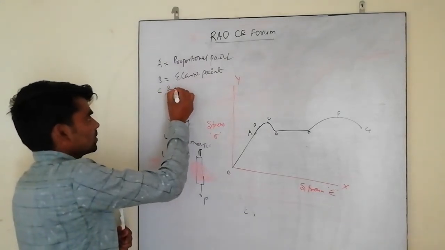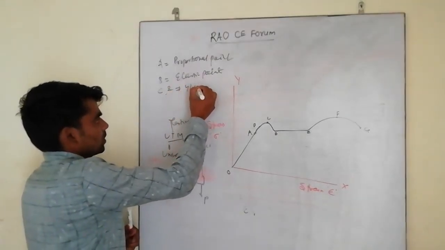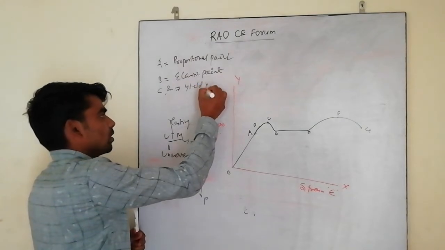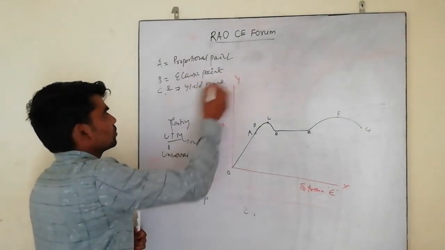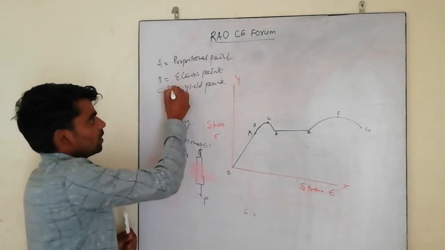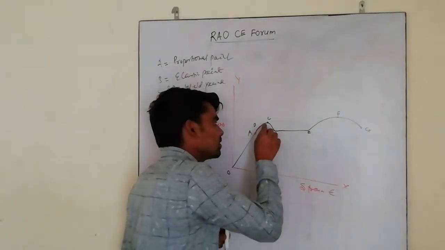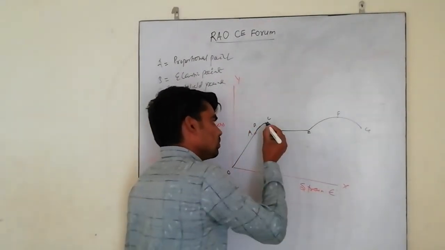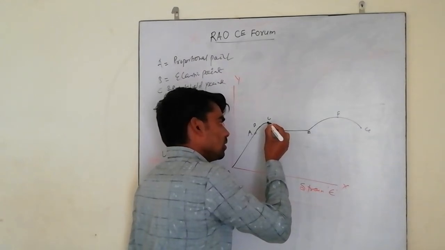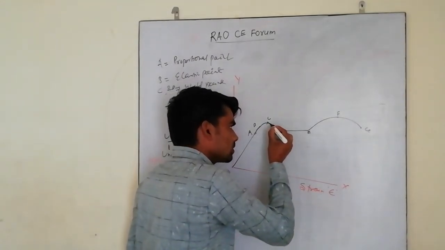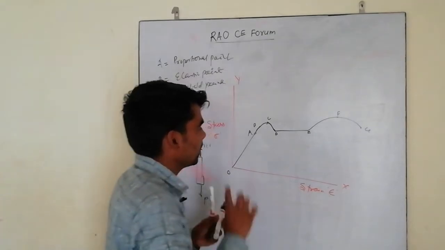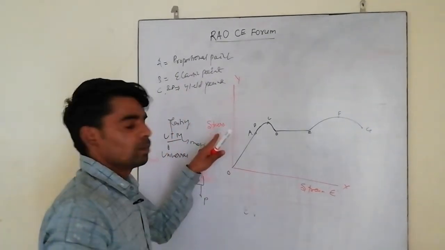C and D is known as yield point. C is known as the upper yield point and D is known as the lower yield point. Friends, when we increase the stress value at C, then from C to D there is a sudden drop in the load bearing capacity,